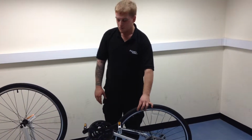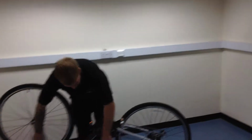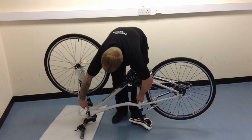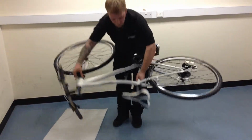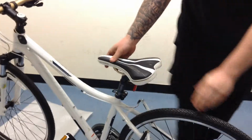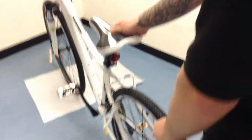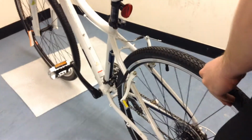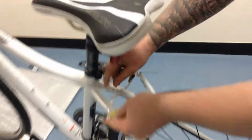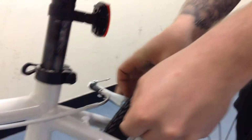Once you've done that, we'll flip the bike back over, like so. Grab the seat tube and a part of the fork or the top of the frame, flip it back over, and you're upright. Then stand the back wheel in between your legs, and you will see the V-brake is in front of you. We then want to close over the brake like so,